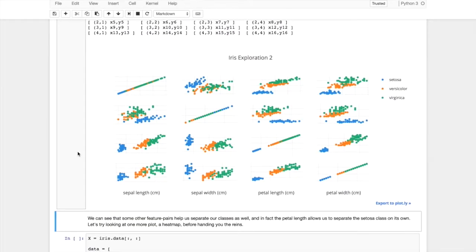So what we see here is that on the diagonals we have just a 1-dimensional line. Essentially, it just happens to be slanted because I didn't bother telling them to make it flat. And the name of that feature is underneath each column. And then on the off-diagonal blocks, at the intersection of a row and a column is the plotting of those